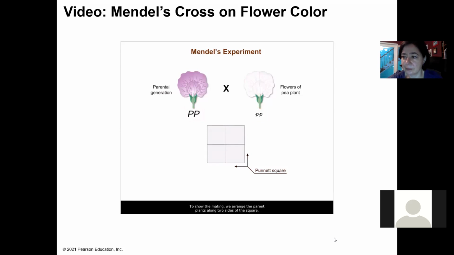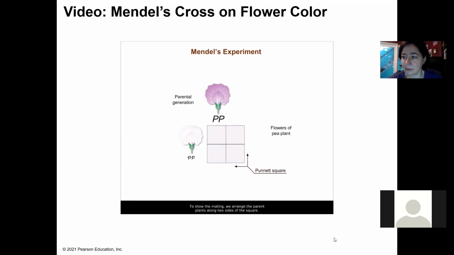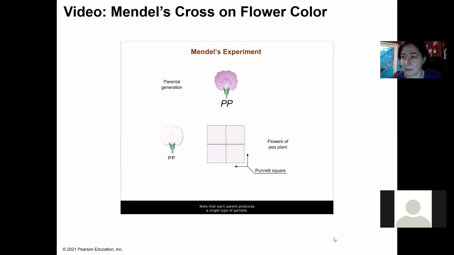To show the mating, we arrange the parent plants along two sides of the square. Note that each parent produces a single type of gamete. The genotype of each gamete produced by each parent, shown on the top, is brought down into each of the squares below it. Likewise, the genotype of each gamete produced by the other parent, shown on the left, is moved into each square to the right. The Punnett square helps us predict the genotypes of the offspring